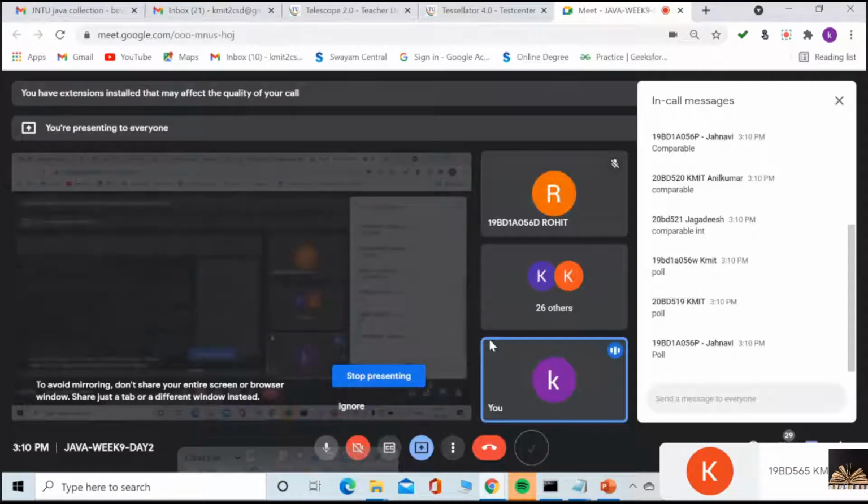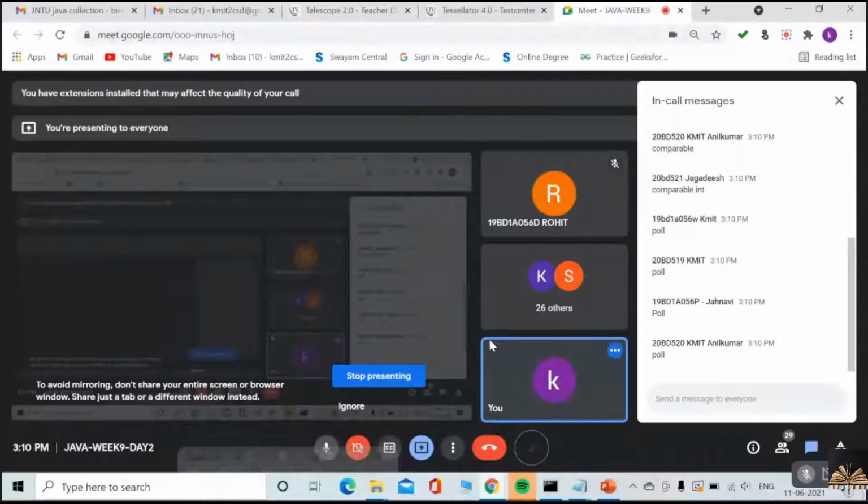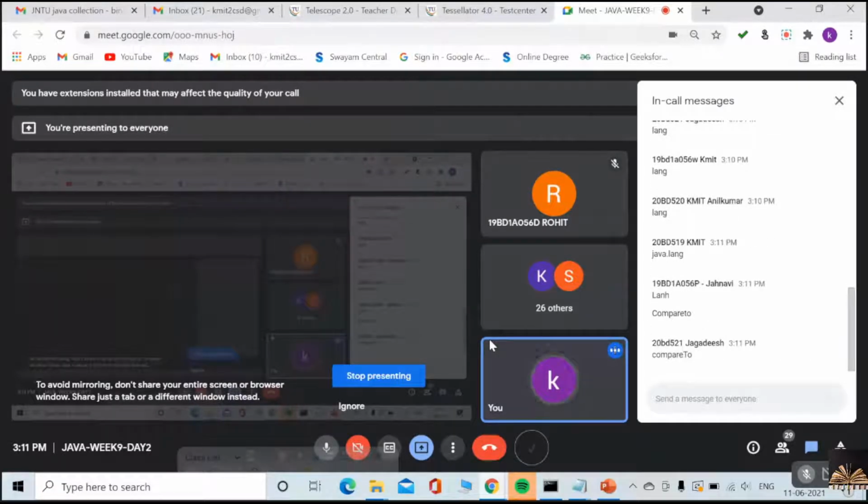And the comparable interface belongs to which package? Lang package. Yes. And what method does it contain? The one and only method, compareTo, which takes how many parameters?